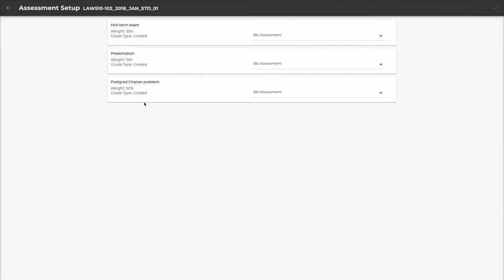You can see here on the left-hand side that we have the assessments which have come from the curriculum management system. So these are the assessments that are published in the course outline. We can see here the name of the assessment and the weight of the assessment. On the right, there are these drop-downs, and we use those to select the column from the gradebook.